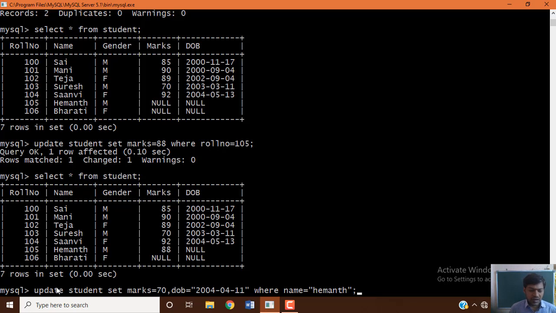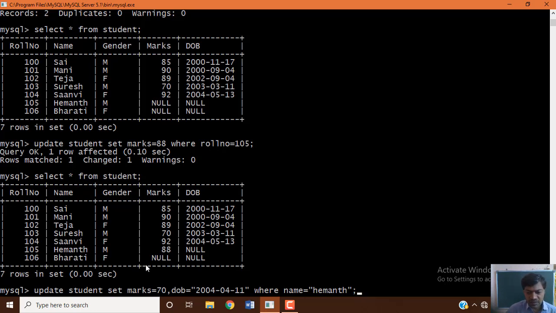Okay, with the query update student set marks, here multiple columns or attributes or fields are being updated. One is set marks equal to 70 and the date of birth value is updated here. Actually our date of birth was null, which will be updated, and 88 will be updated again to 70. The where clause is used to specify the condition. Where name equal to, suppose multiple names are there, the same name in the student field, all those records will be updated.